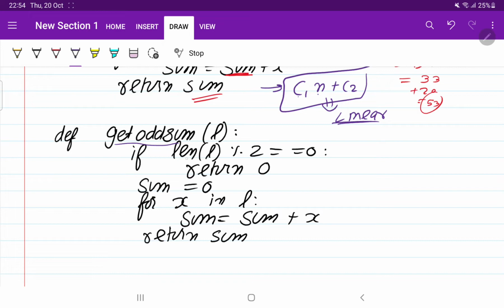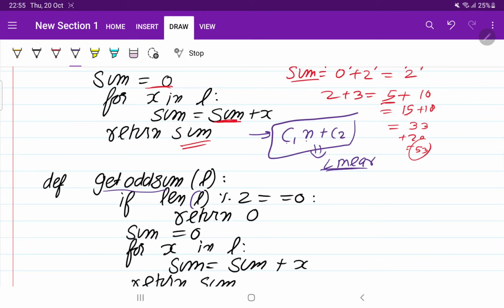First of all, we have written the condition length of L percent 2 equal to 0. This gives the remainder when we divide the length by 2, so we check whether that number is divisible by 2 or not.